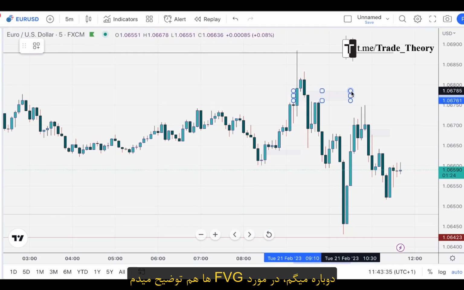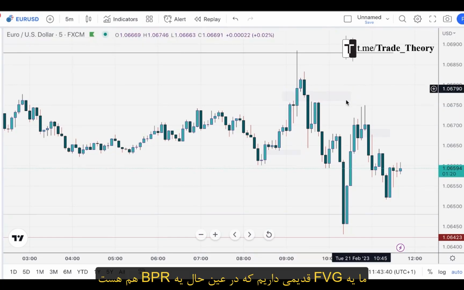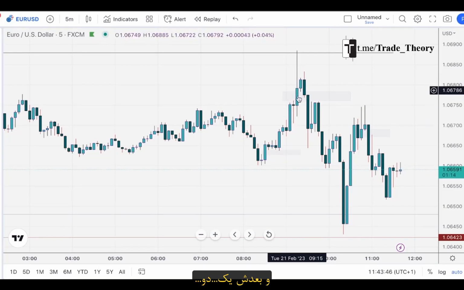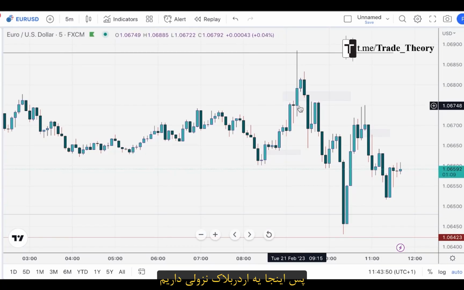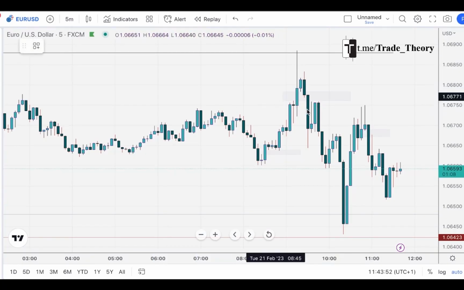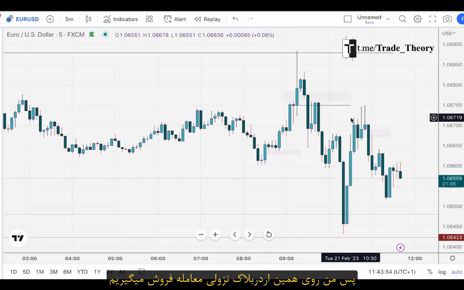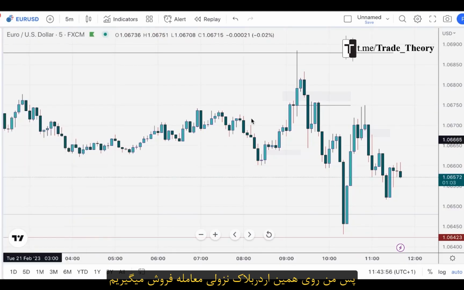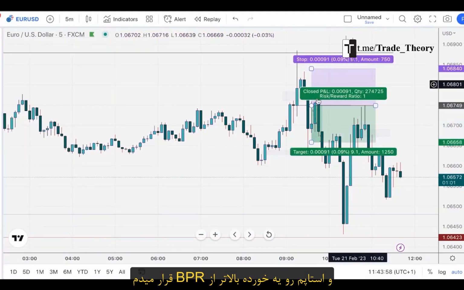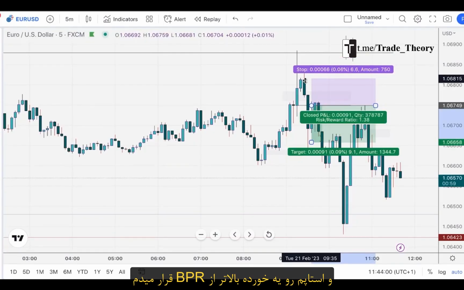Again, I'll talk more on fair value gaps and it'll make sense. We have an old fair value gap there, which also is unfortunately a BPR, and then we have 1, 2. This candle also comes inside of this, so we have a bear shadow block there. So I will short the bear shadow block, and my stop goes above the BPR a little bit,